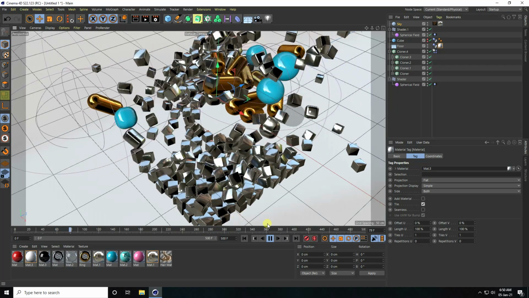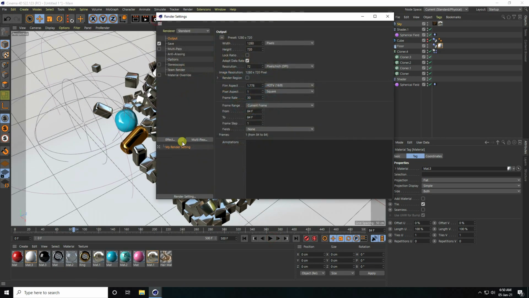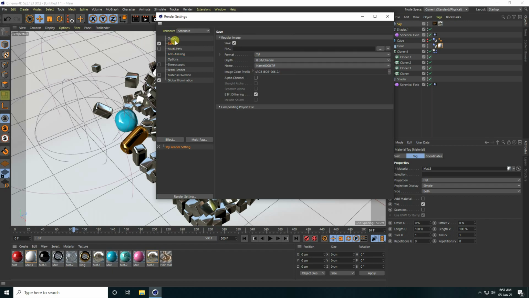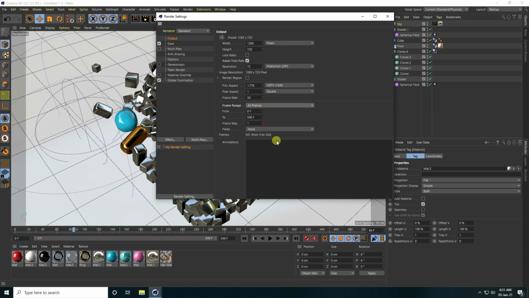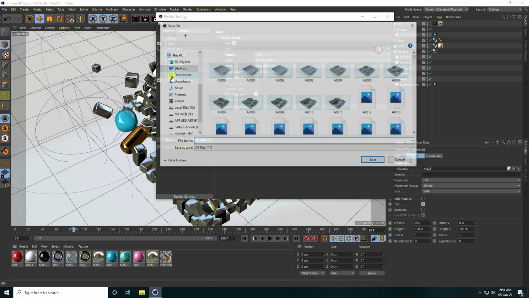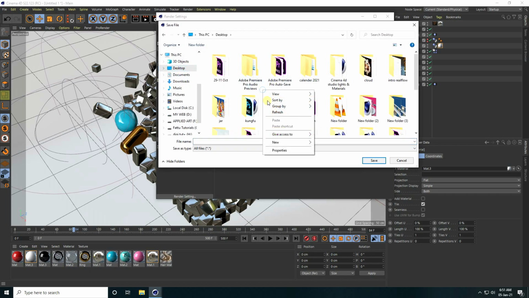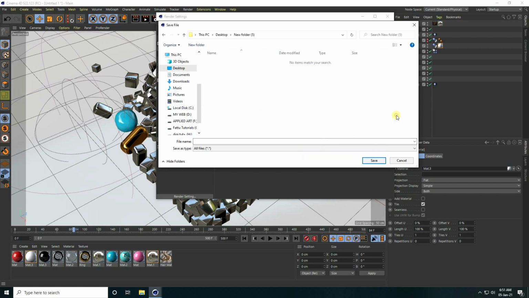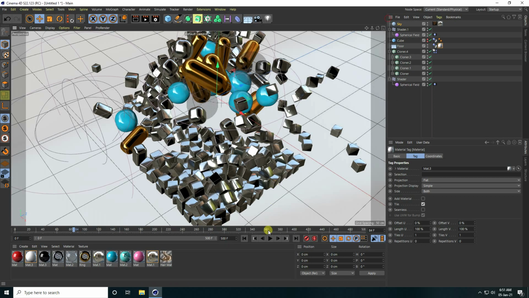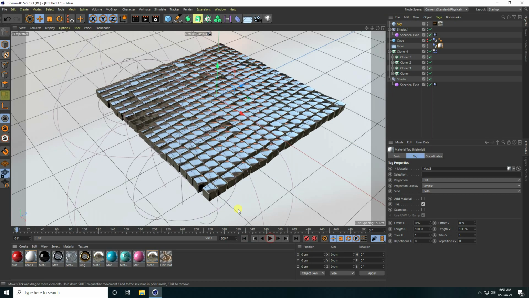Now I apply render settings, simple. So use global illumination, irradiance cache, use low, anti-aliasing select best, and maximum level you can take 2, and take full frame, and go to JPEG. Go to desktop and create folder, and take any file name. That's it guys. So close and render.